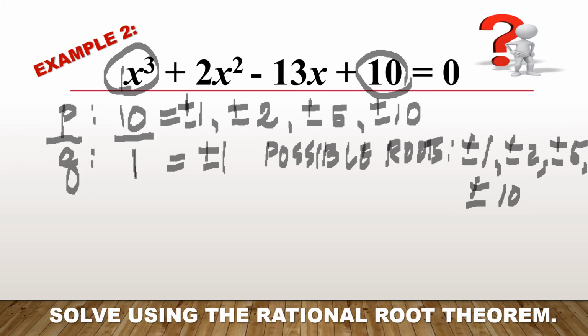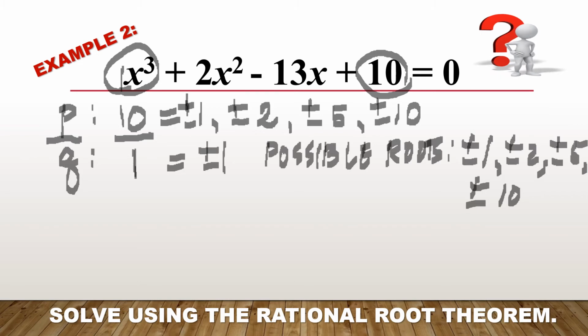Since we have 1 here in the denominator, it's also the same thing as the values for p. So the next step is for us to test all these possible roots one by one. We are not sure whether all of these are really the roots or the values of x for the given polynomial. So we have to use,